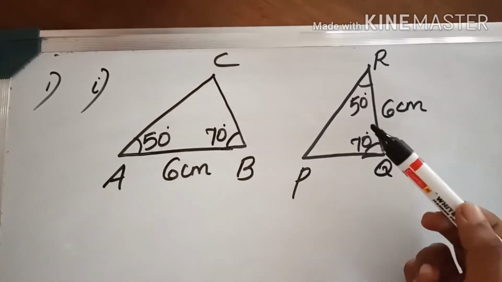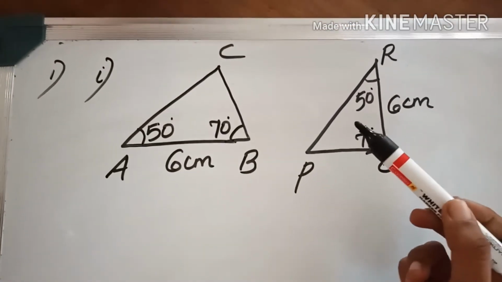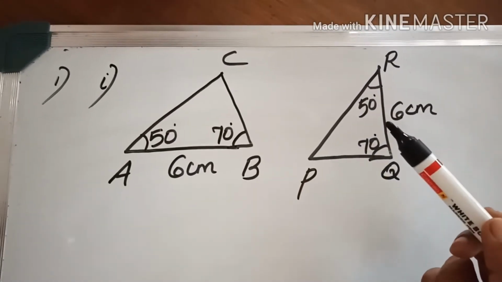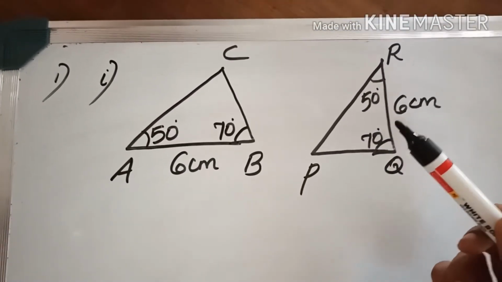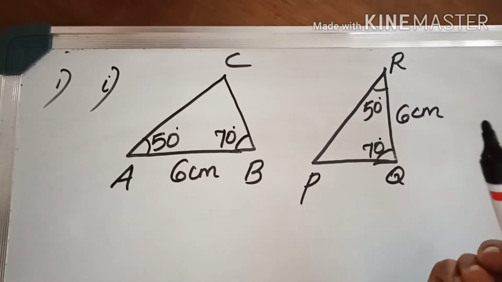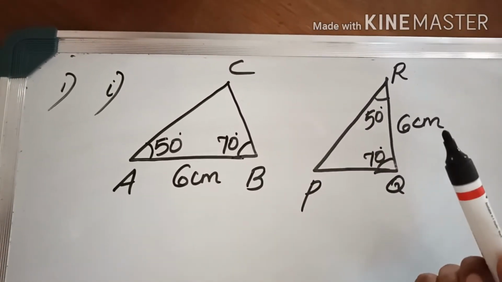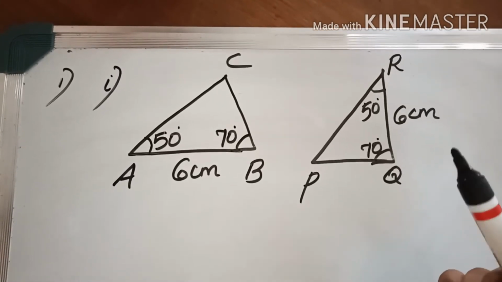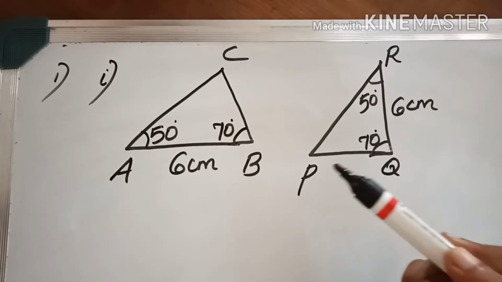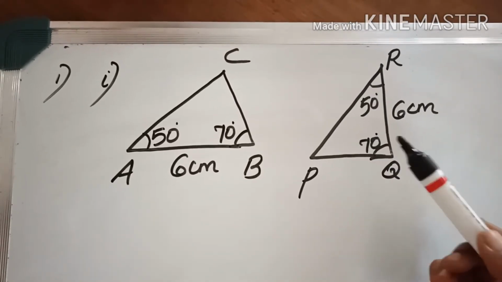Two figures are given. You have to find the equal sides. Which are the equal sides here in these two figures? Compare and find. That is the question. So check whether we can apply the first concept, second concept or third concept. Now we know three concepts. Out of those three, which concept can we apply here? That we need to check first.